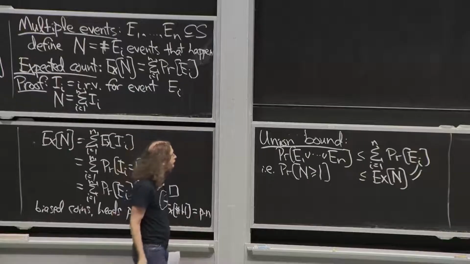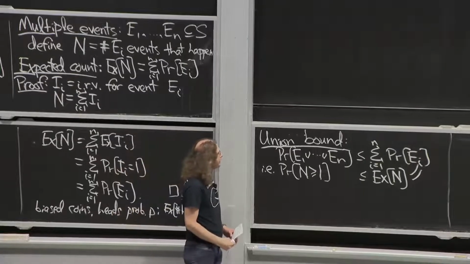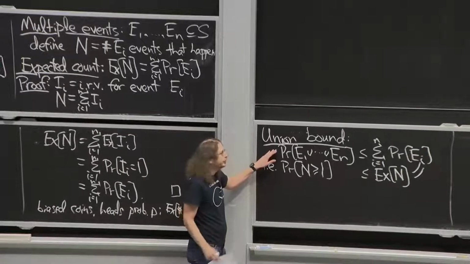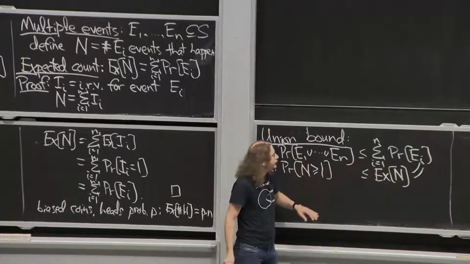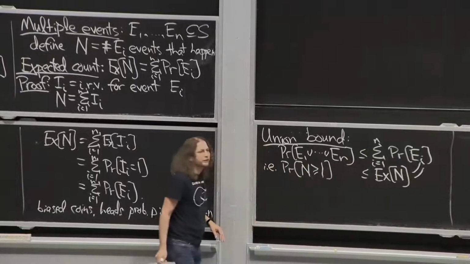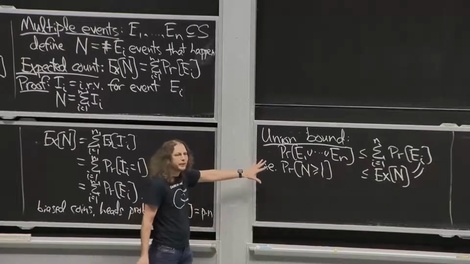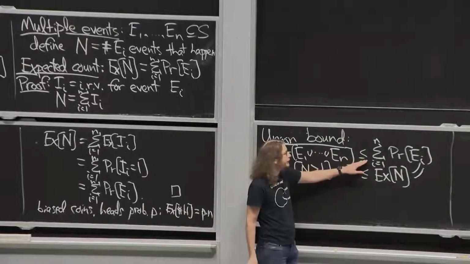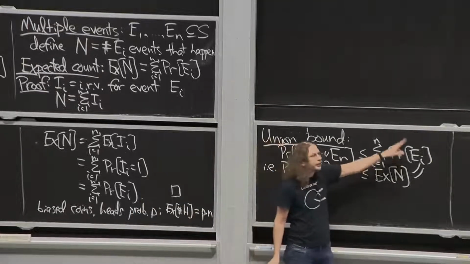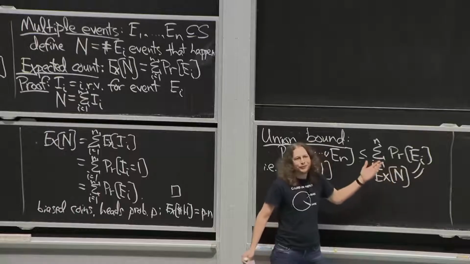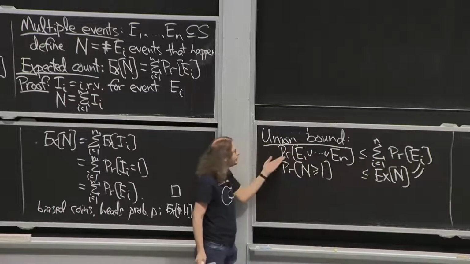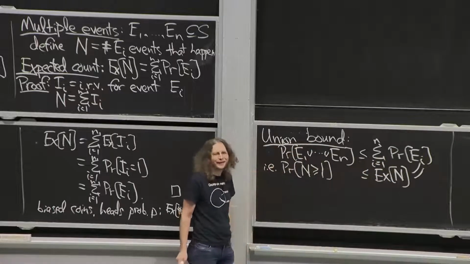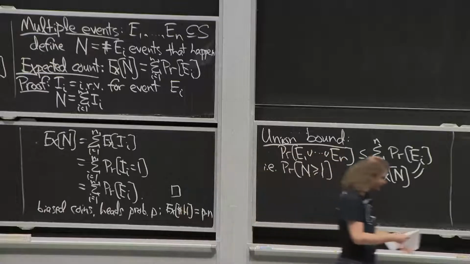OK, cool. So this is like the sum rule. But sum rule had an equality and was only when the events were disjoint. This works all the time. But it can give a very weak upper bound. Depending on your events, this sum may be larger than 1. So that doesn't tell you very much. To say a probability is less or equal to 1, it's like, yeah, I knew that. You didn't have to do any work.